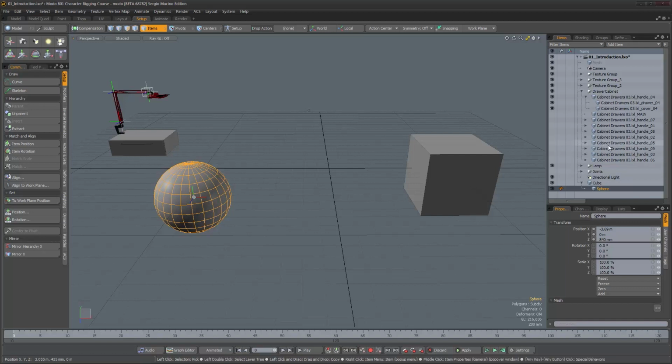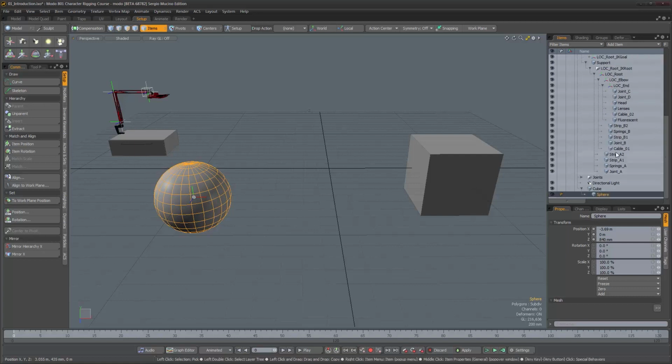As you've seen, if you've examined the file that we've been working with, my objects have names on them that basically reflect what they do. Some of them don't, but that's because the assets that I took that are part of the material that ships with Modo were just named this way, and I didn't change them. But anything else that I created has a specific name on it, and I'm going to show you the naming